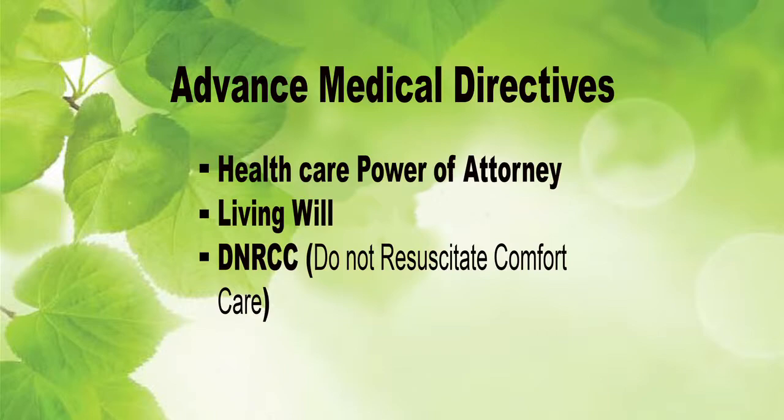And those documents include, it's a threefold thing. You have the healthcare power of attorney, you have the living will, and then you have kind of an offshoot document called the DNR CC. Who knows what a DNR CC is? Okay. Who's had to actually act on a DNR or activate a DNR CC? Okay. And that's a very tough decision. The DNR CC is, and we'll talk about it in detail, a document that specifies exactly what you want and don't want, right, for end-of-life care.